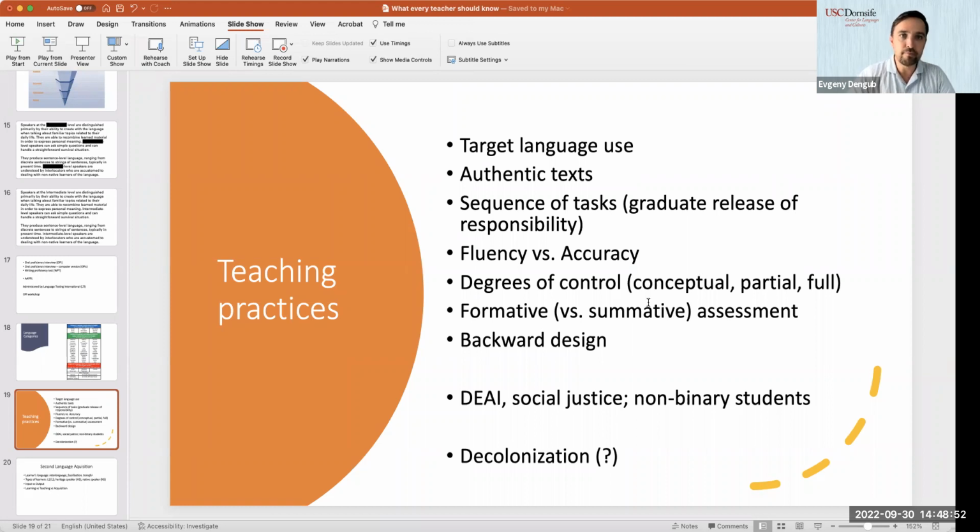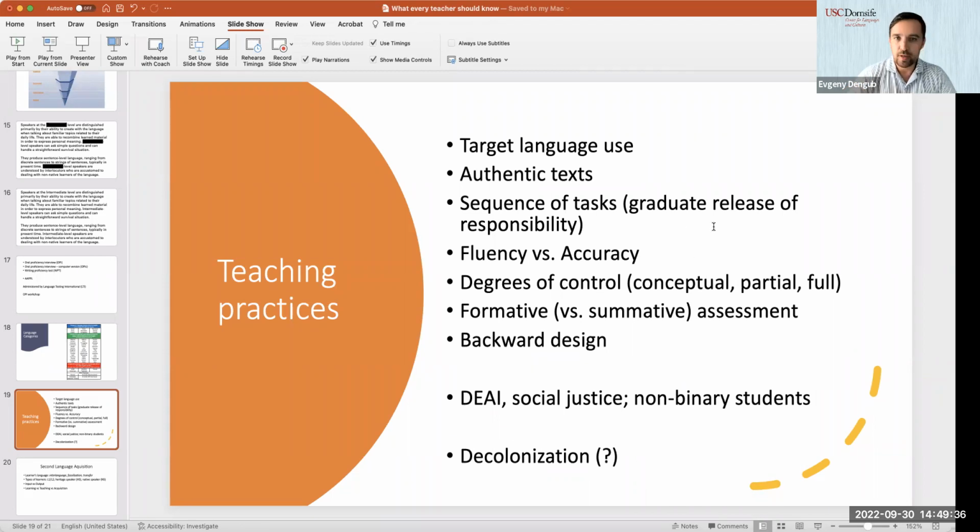And another buzzword, popular concept, is called backward design. Backward design tells us that we should start from the end. We should think about what we want our students to be able to do at the end of the class, at the end of the course, at the end of the sequence, how we would test it, and then what we would do in the class, so students would show that they're able to do it. Instead of going from what I'm doing in the class, to how I'm going to test it, to what they'll be able to do, we flip it and we start backward.